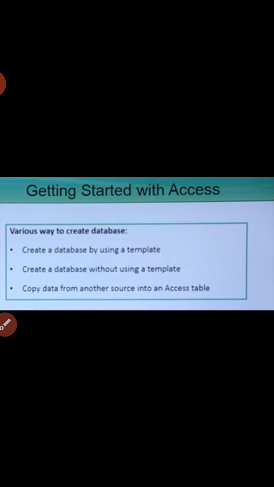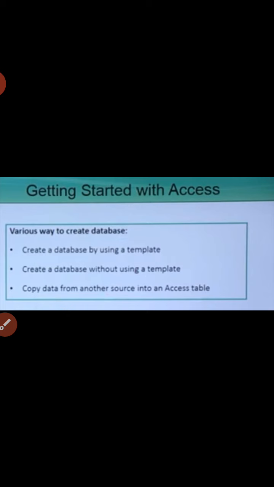Here children, you should know what templates are. Templates are pre-built databases focused on a specific task, and these can be used instantly and can also be downloaded. That is, templates means something ready made which is given in the computer for use. Means the formats are already given in the computer in MS Access. You have to select according to your requirement. Those are called templates and they are given ready made in MS Access.